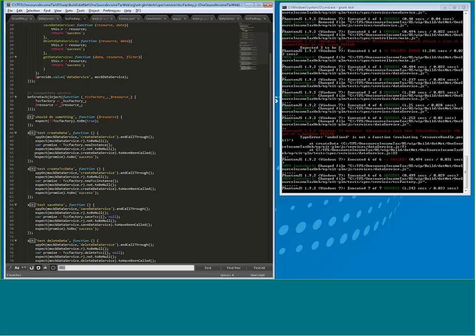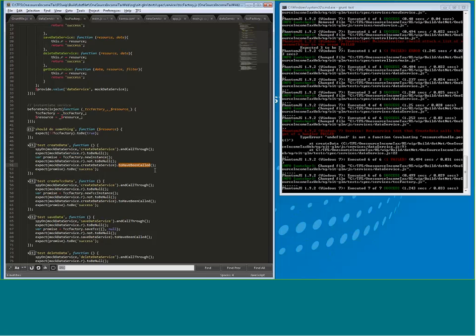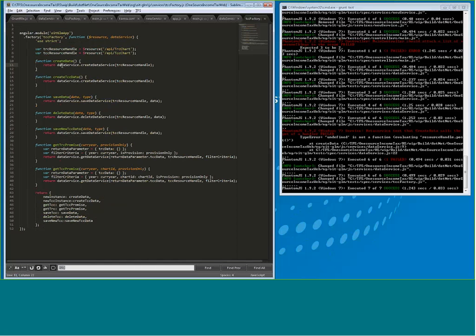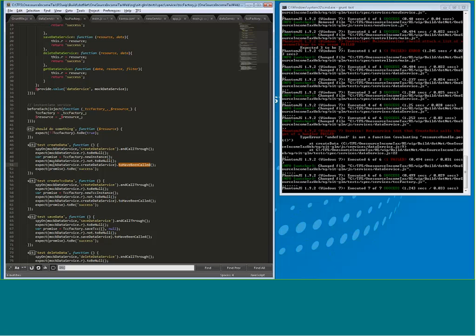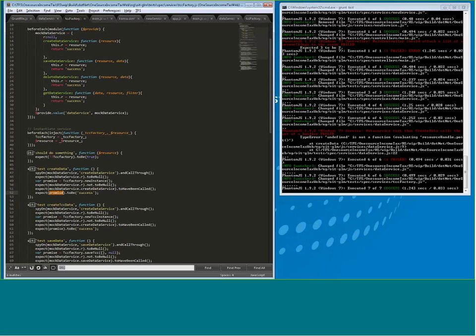The next line here, this is why we did the spy on, is I'm wanting to know that on my mock data, that method that I was spying on has been called. If we look at the method that we called here, the only thing that happens here that I can really test is, did I call this method? There's nothing else happening here other than a return. So that's why I did this spy on, so that I could expect that that method had been called. And then I'm expecting that